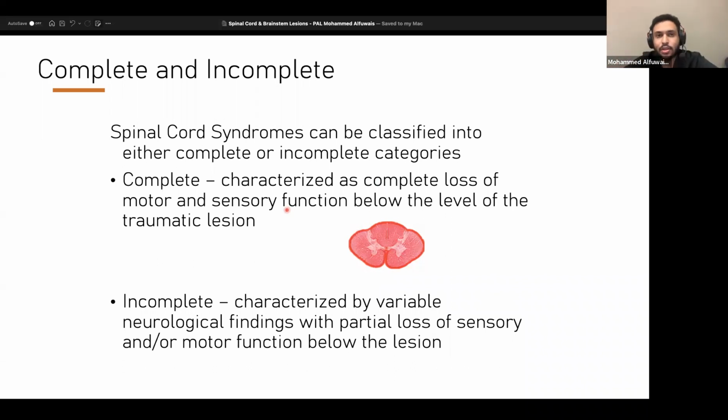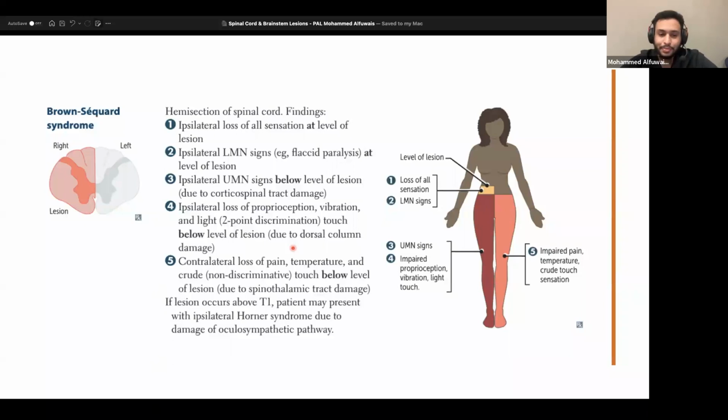So that's complete transection. None of the lesions that I'll explain will be a complete transection. Everything will be incomplete. With incomplete, it will affect certain areas of the spinal cord, depending on what the lesion is, and because of this you'll have different signs and symptoms with the patient, depending on what the tract is. Now we get into the lesions. The most important lesion that you remember is Brown-Séquard syndrome. The reason why Brown-Séquard syndrome is super important is that this heavily assesses